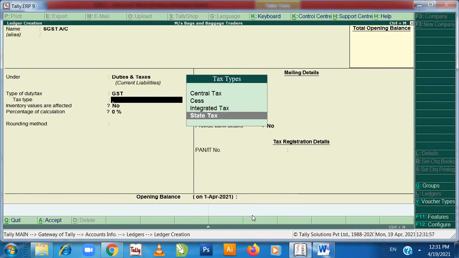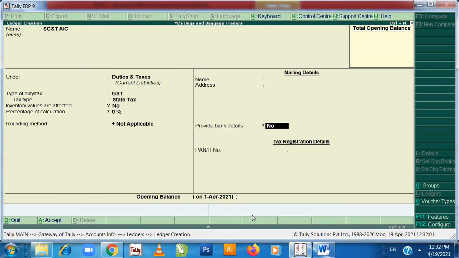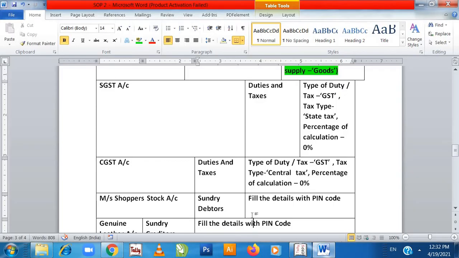This is state tax. Enter, enter, enter, enter, and enter. Let's follow the step. We have done SGST. I'm highlighting it in green color. Duties and taxes, we have put under duties and taxes. Type of duty and taxes GST. Automatically it got calculated.